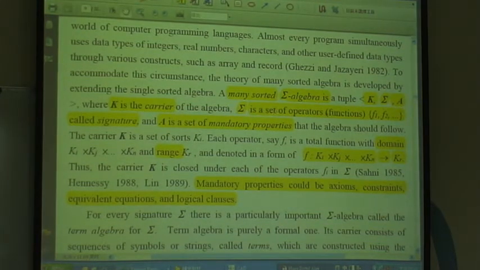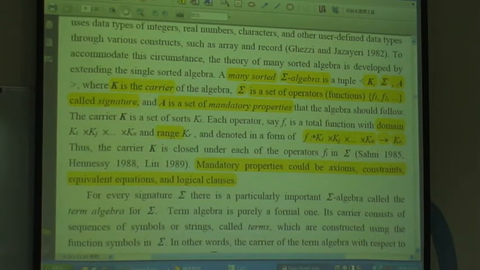Sigma is the set of operations, so we call the F1, F2 is signature, and the A is mandatory properties, is axiom. Axiom 就是说这个 A 里面摆的就是我要求它一定要遵守，所以它系统只要查到说你这个系统你那个运算啊违反这个 axiom，那你这个系统就是不 consistent，就有问题了，它就给你踢掉了。